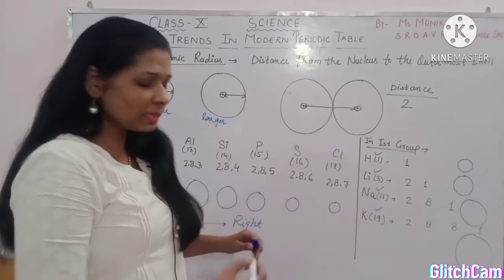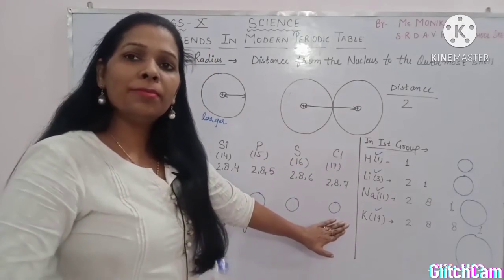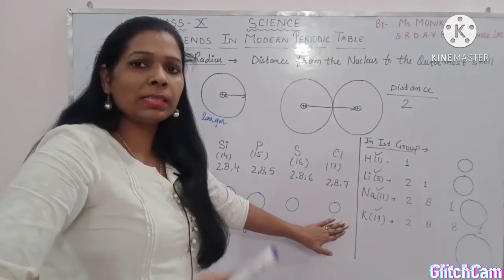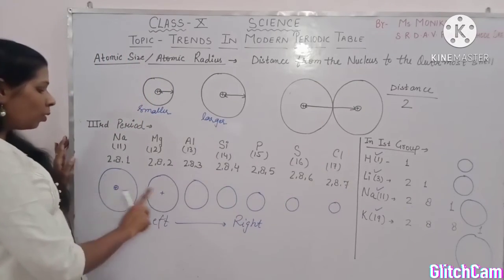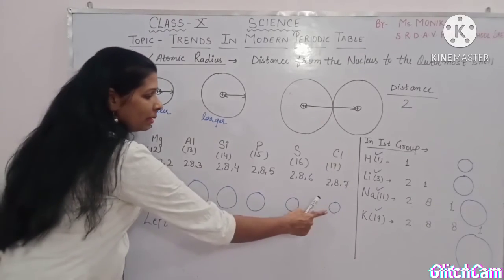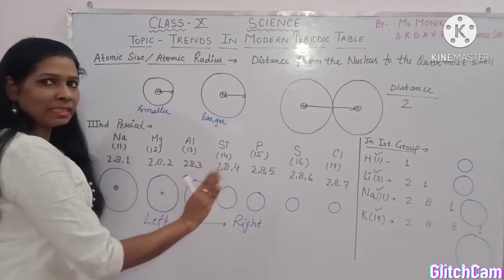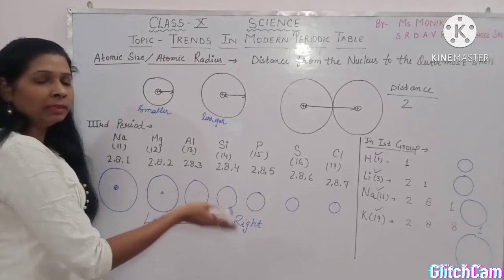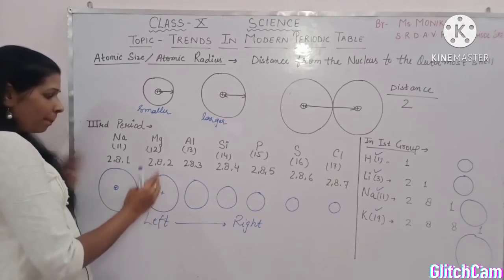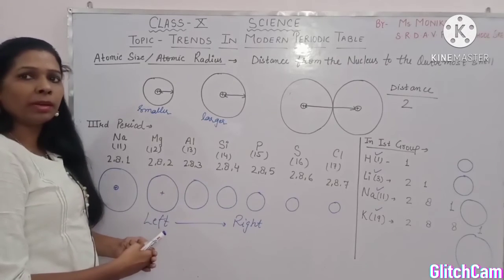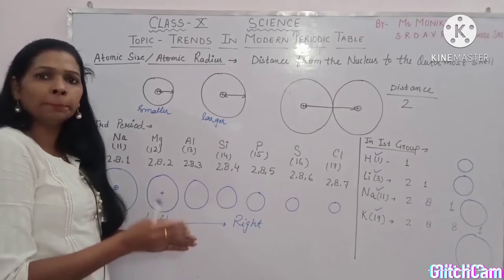So atomic size increases in a group because the valency shells increase, but in a period the atomic size decreases, because in this case everyone has the same valence shell. वैलेंसी शेल इंक्रीज नहीं हुई है, सिर्फ क्या इंक्रीज हो रहा है, उसी शेल के ऊपर पावर ऑफ अट्रैक्शन इंक्रीज हो रही है थ्रू द न्यूक्लियस। तो इसलिए एटम का साइज धीरे धीरे क्या होता जाता है, छोटा होता जाता है।